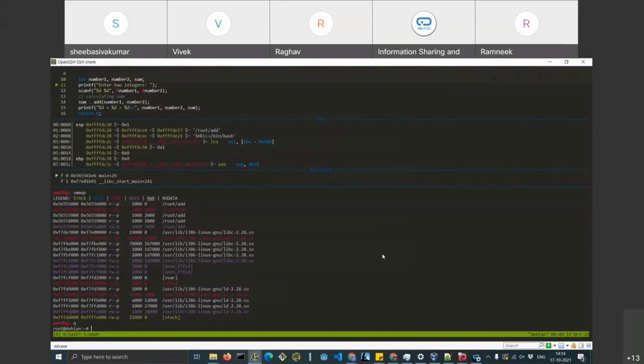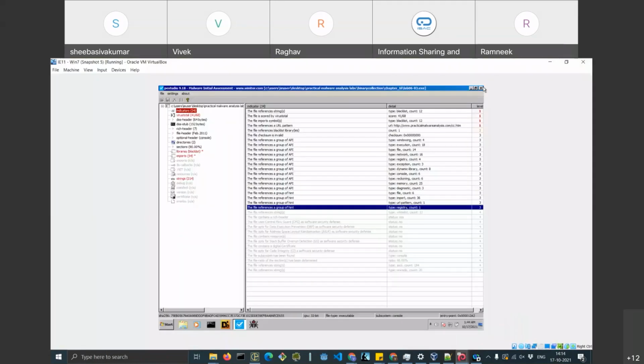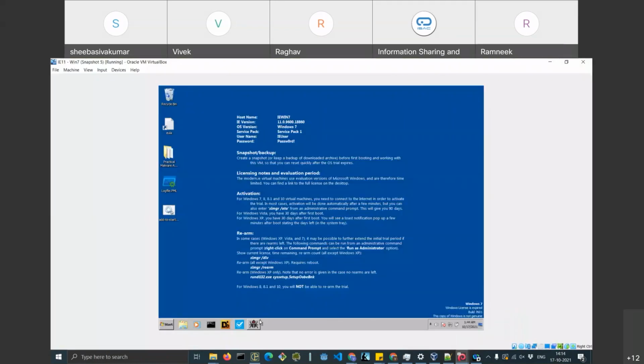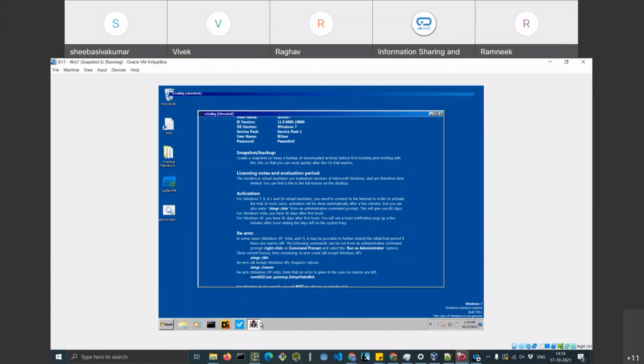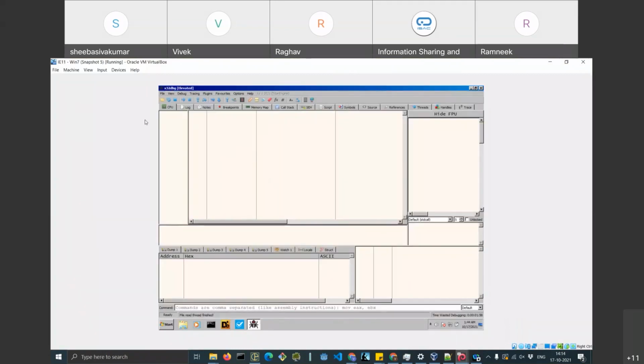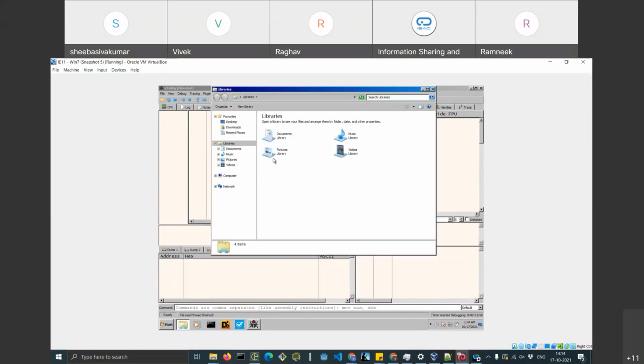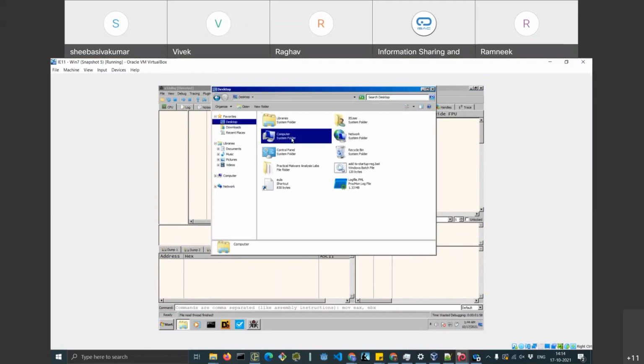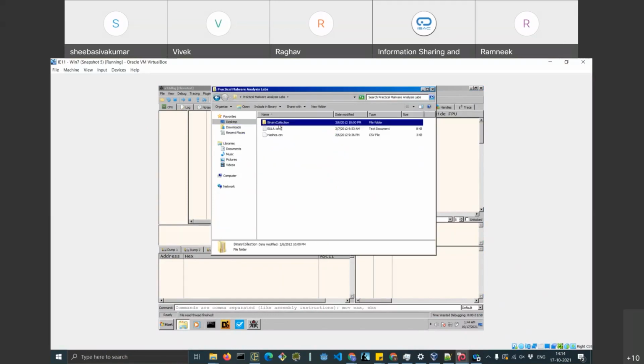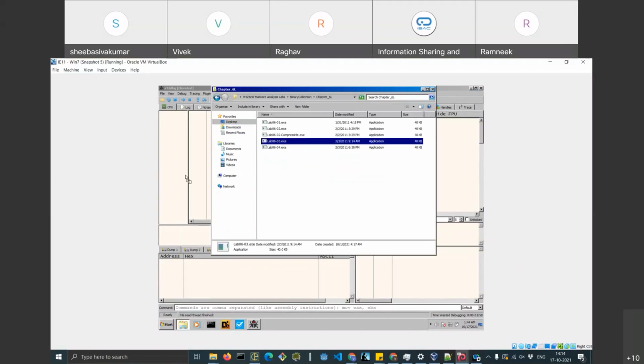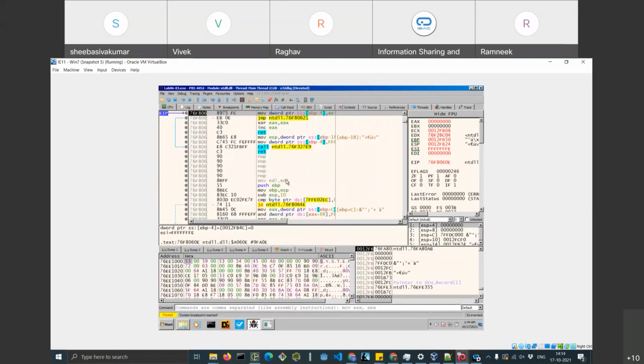Now we'll do the exact same thing we did in GDB with Windows. This is your debugger in Windows. It's called x32dbg. We'll just open any binary here, and we'll see what it actually looks like. So this binary is open here.